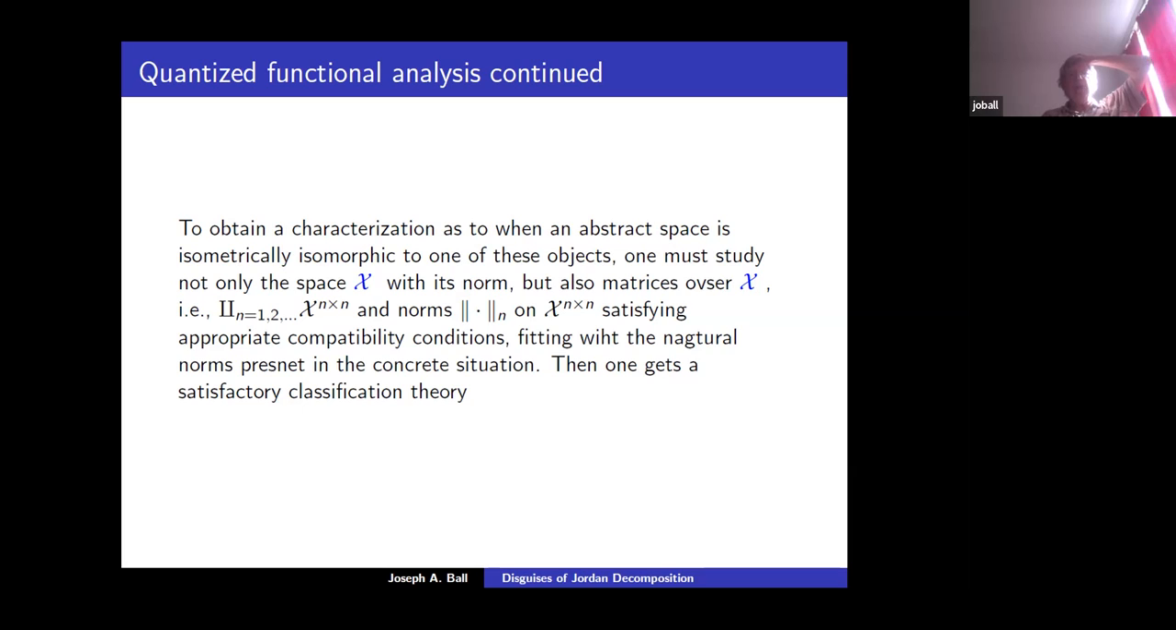And then it was discovered that you have to consider more structure. Namely, you have not only a norm on X, but you have to look at matrices over X. Once you have the concrete object, it's clear how to set up a norm on matrices over X. So then you have to consider X and all the matrices over X and norms on them, which should satisfy compatibility conditions. And then one gets a satisfactory classification. So that was